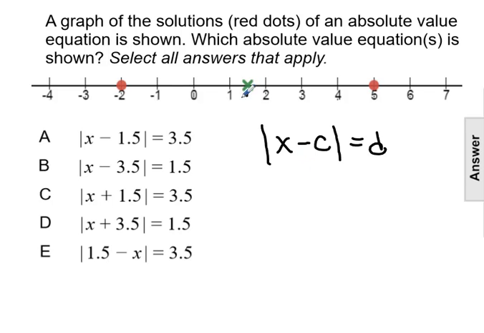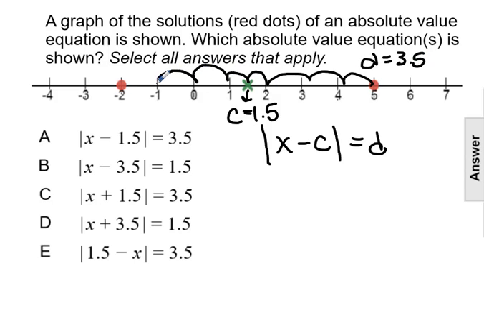So first we see that we have a center right in the middle would be 1.5. So c equals 1.5. Then the distance from that center to a solution would be 1, 2, 3.5. So d would equal 3.5, whether you're going to the right or to the left. If we input those numbers, we'll have the absolute value of x minus 1.5 equals 3.5,